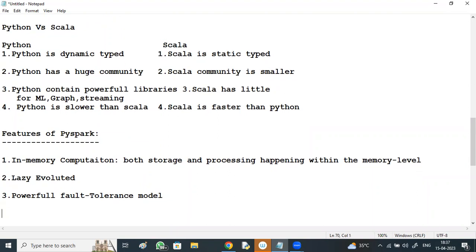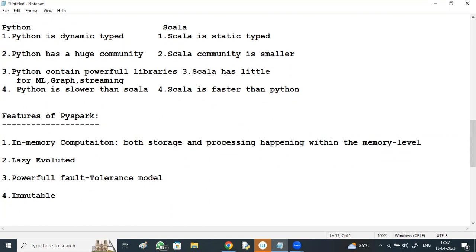And one more thing is immutability. Immutable means changes and modifications are not allowed for the data object. One more important feature of Spark, the persistence feature. Persistence means the transformations can be reused.